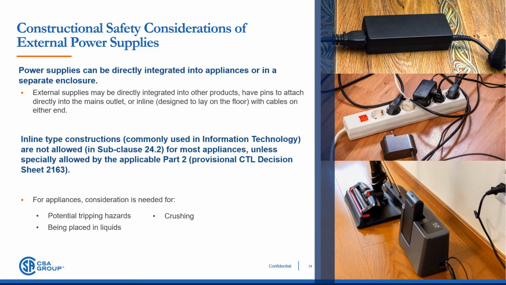For example, a handheld hairdryer undergoes much more frequent moving and flexing of a connection compared to a typical personal computer. Some Part 2 standards of the IEC 60335 series have been updated to include specific conditions of acceptability for this type of construction where possible, typically requiring additional testing of the external power supply in conjunction with the specific end product application.